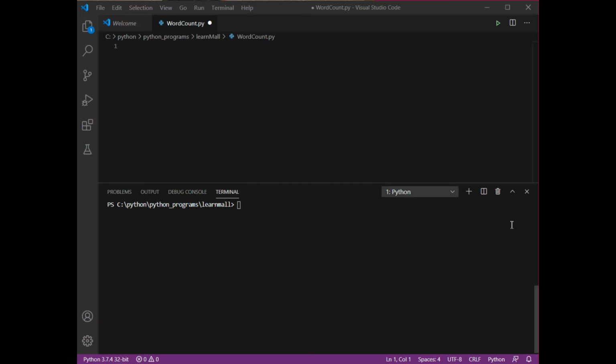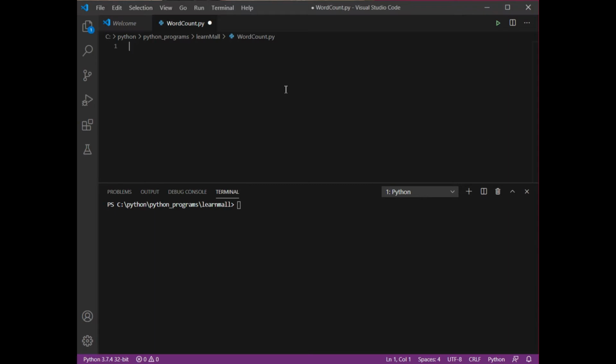Now, what is this program actually going to do for me? First of all, we are going to ask for a message from the user, and then we are going to ask for one specific letter out of that message. Then we just want to count how many times that specific letter is coming in the given message. Okay, so basically we are trying to do this kind of thing in this program. So let's just start with our code.